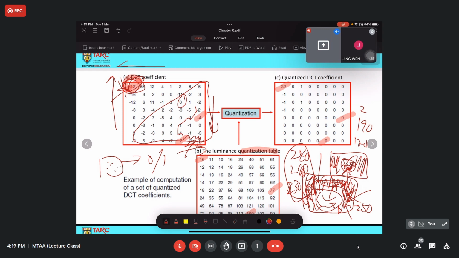For example, you have a red apple and suddenly there is a black spot here, and the black spot is actually pepper noise, not pigmentation on the surface of the apple. So when you have this kind of black dot, the rate of change of the pixel intensity is very big.